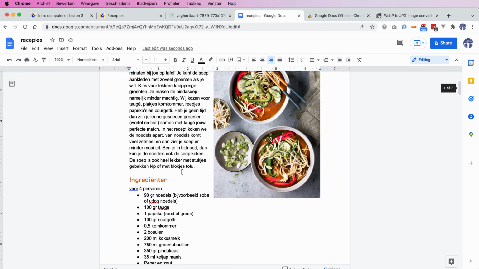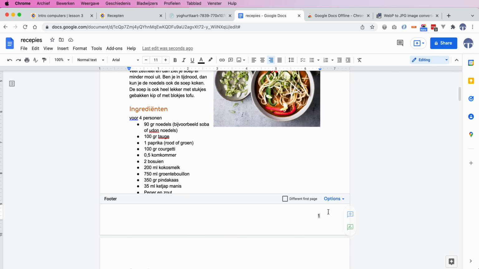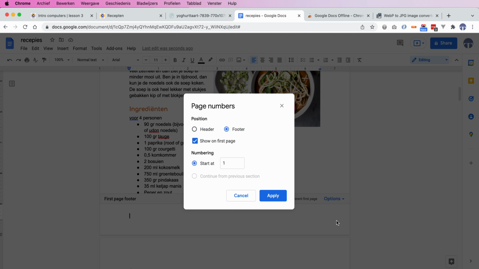But when you have a booklet, it's nicer to have some more options. So I look here for different on the first page. And that's very nice because most of the time the first page is a title page and then you don't add a page number. We look at more options. Page numbers, we're going to look, and then we say something like